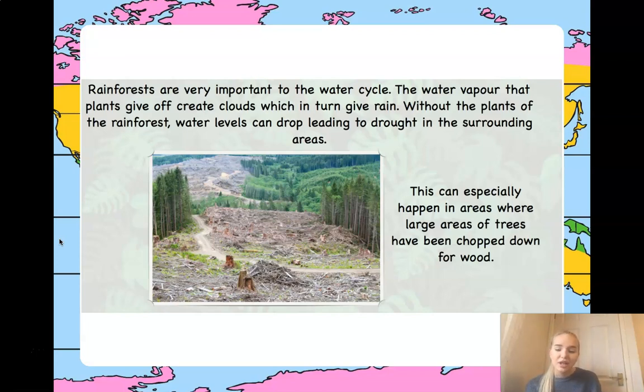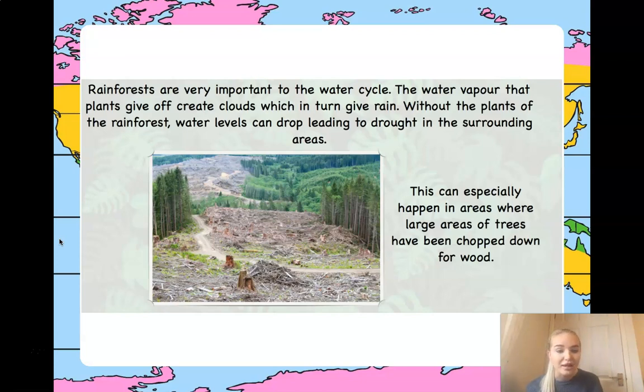And this can especially happen if there's been large areas of trees that have been chopped down. Do you remember what happens when trees are chopped down in a forest? Well done, it's called deforestation. So this idea of trees being chopped down to use for wood or to build other things, make use of